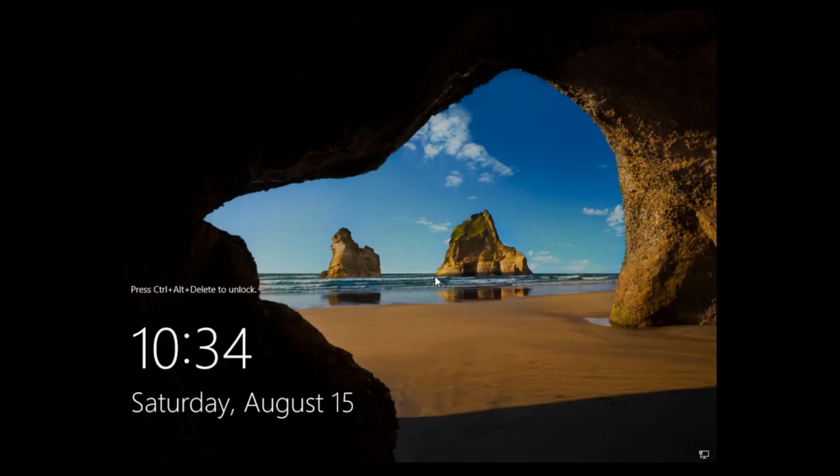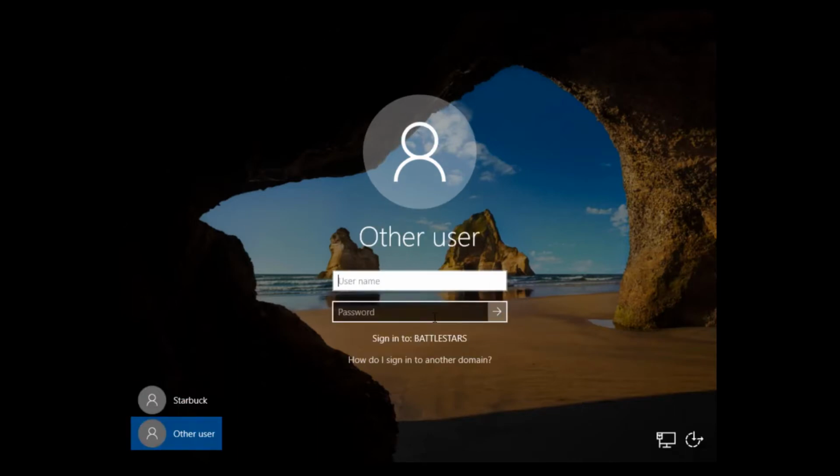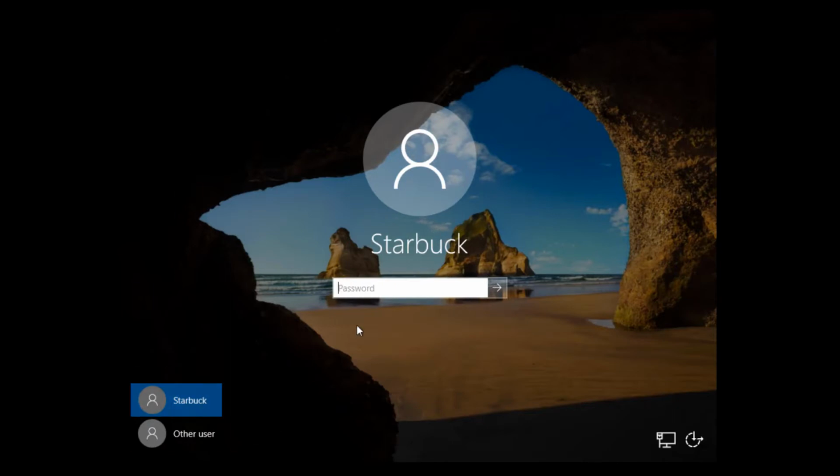And again, if we sign in, notice we no longer have a local logon. We can only sign into the domain because now it's not just a member server, now it's a domain controller. We lost that local sign-on. There's only an Active Directory sign-in process. And then if we sign in again,